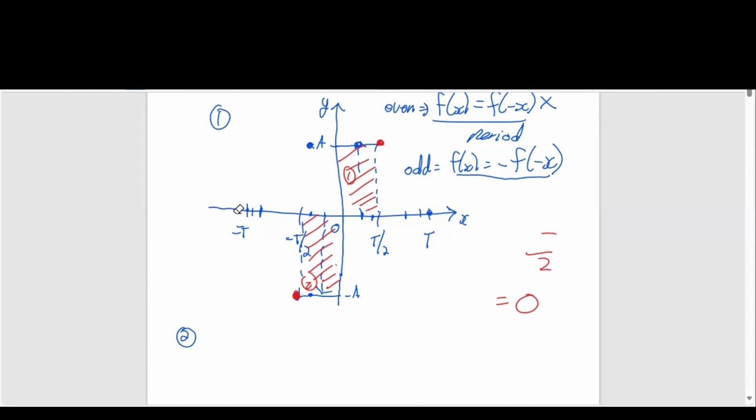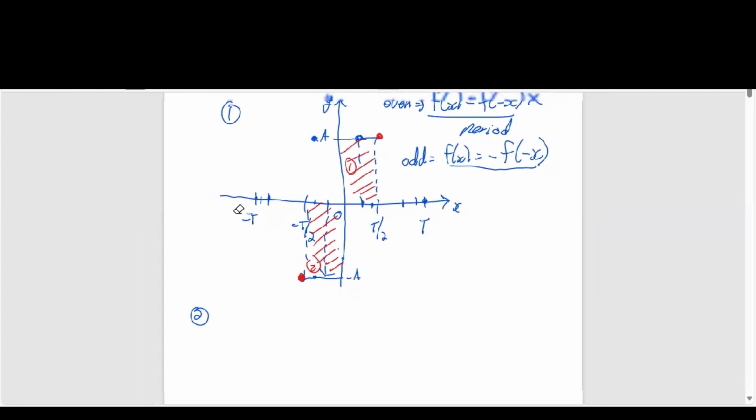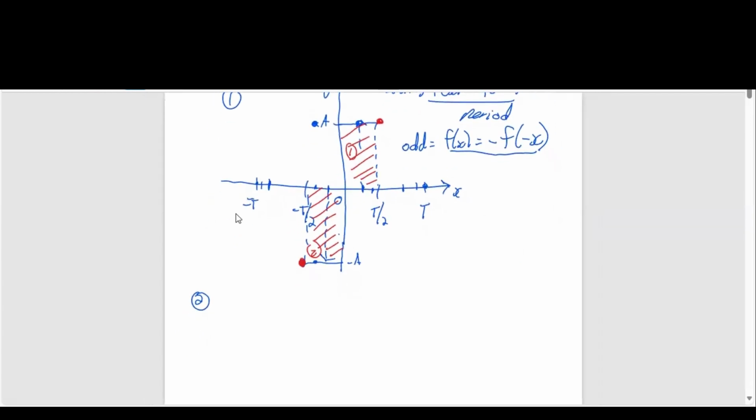3 marks, basically. But if you don't notice it, you will have to do the integration to get A naught on 2. Okay, so that was that preamble. Now that we understand odd and even and the DC component, we have to do the Fourier of it. So remember,